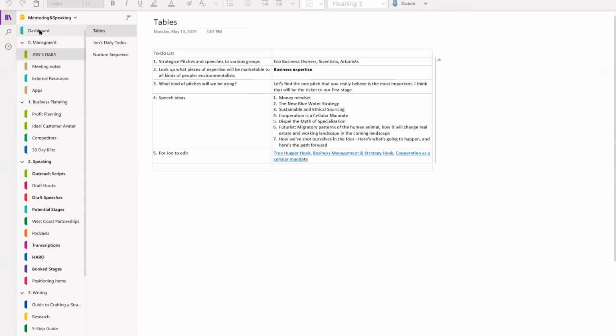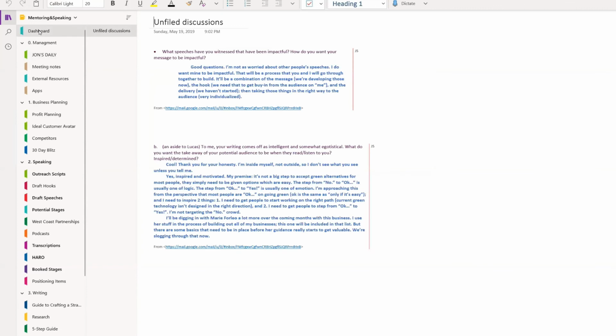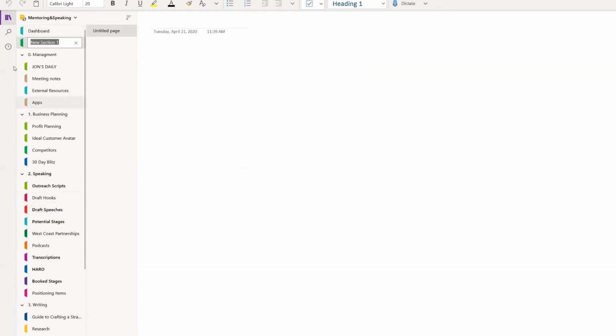One of the things that I start out with is a single tab up here. OneNote calls them sections. And you can just add a section, and then you can turn this new section into a section group by adding another section and then making it subordinate.